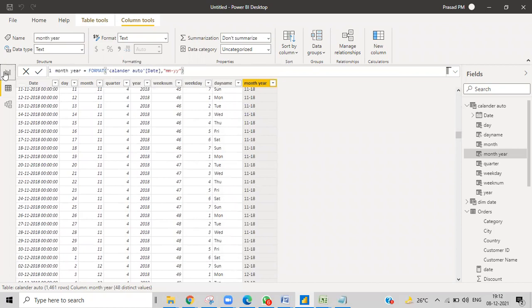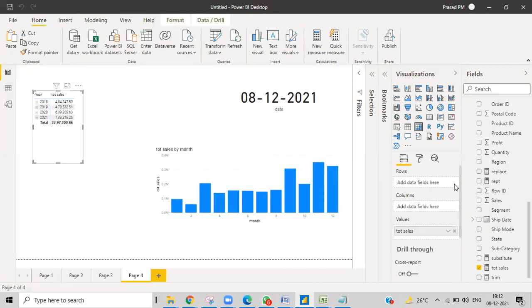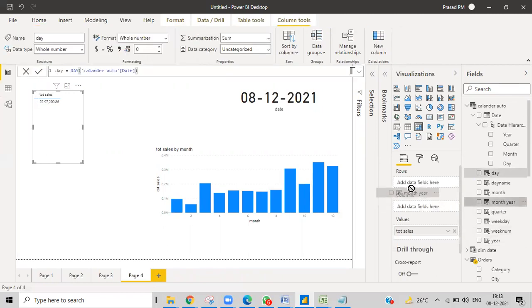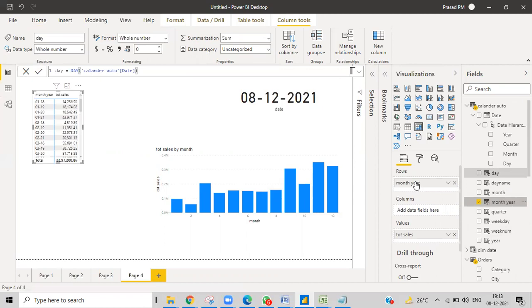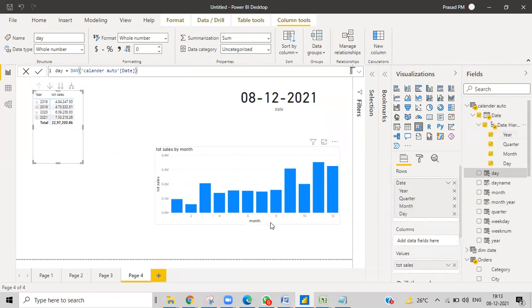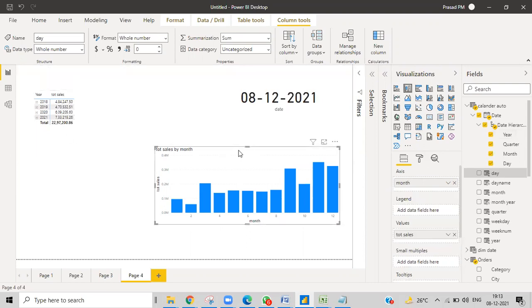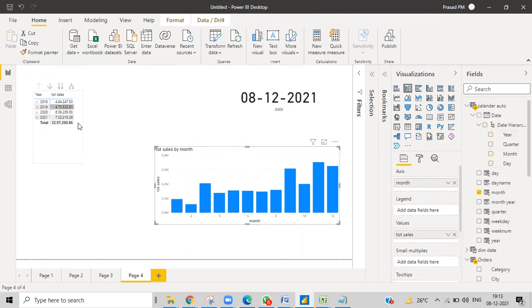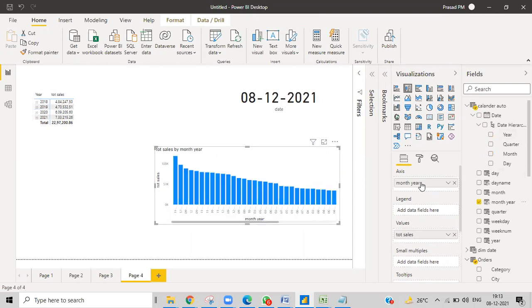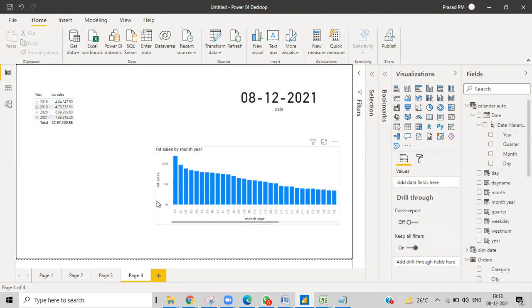So what we do, rather than all these things, I'll give the month. Sorry, there is the month here. Okay, not this visual, I'm sorry, I made it wrong. This visual, I'll give you that one only. Every time you do something, you need to make sure which visual you are in. Right now we are in this visual. Earlier I was in this visual. So again here month. Okay, I don't want to do that. I want to give this month here. You can see. What is that?